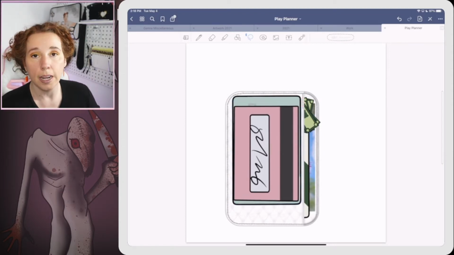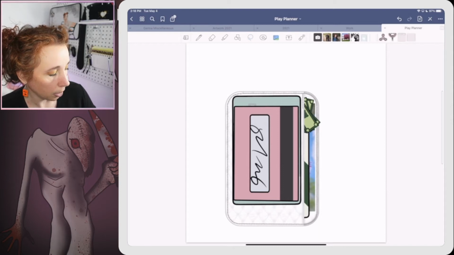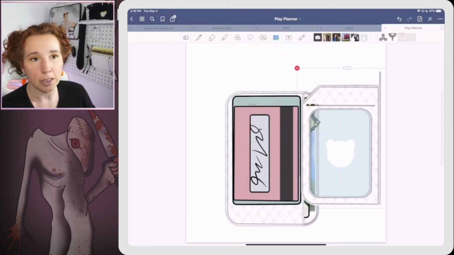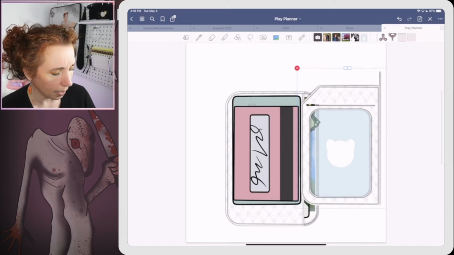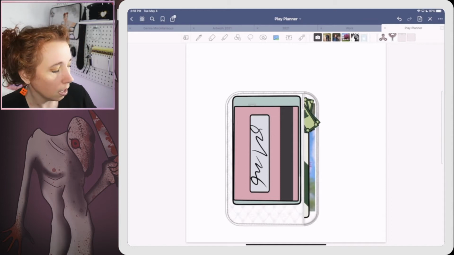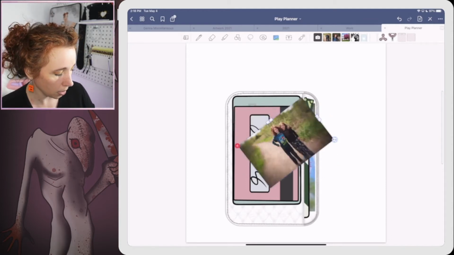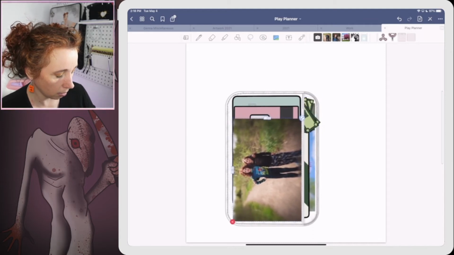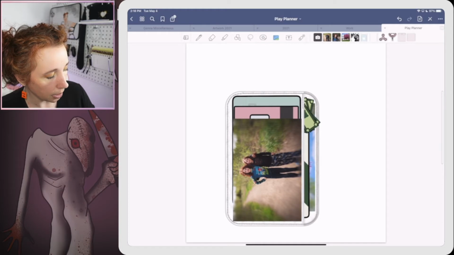All right. Now I'm going to pull in this other piece, but I'm not going to use it yet. See how it's got this clear window? That would be like your ID window. I don't have a copy of my ID and I wouldn't put it on here even if I did. So let's just take this photo of the boys that I took today and put it here like that. So now when I bring in that top piece,